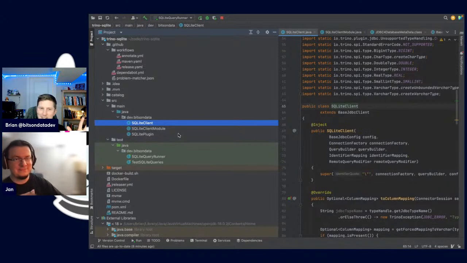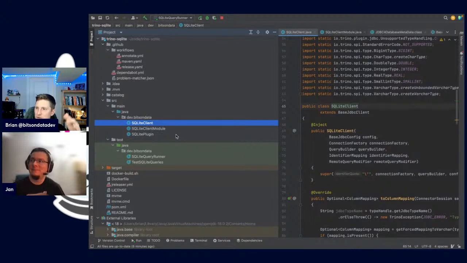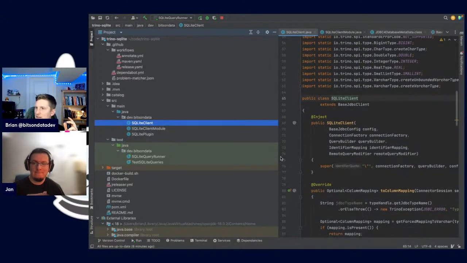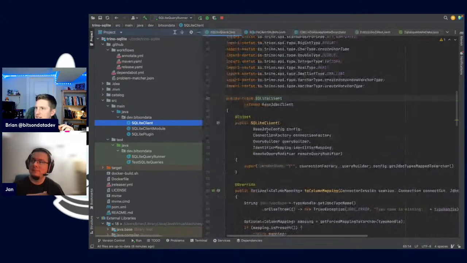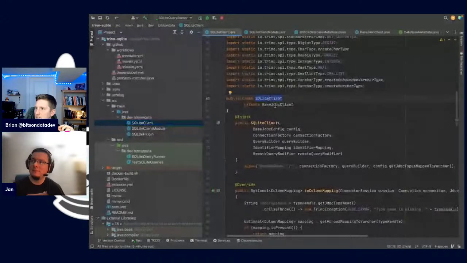The first gotcha is that the SQLite driver we're using doesn't actually implement being able to call the database by default. There's some other code path that I'm guessing they use to do that. And so we can no longer go off of the out-of-the-box JDBC base stuff. That's what we're doing here: we're extending this client now, instead of doing what the default base JDBC thing does, where's the